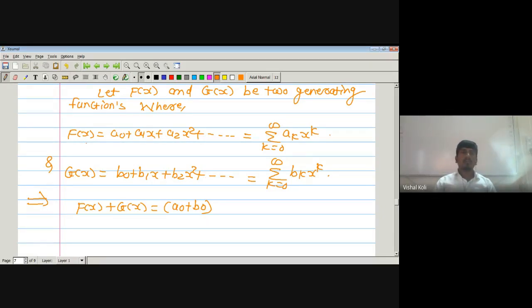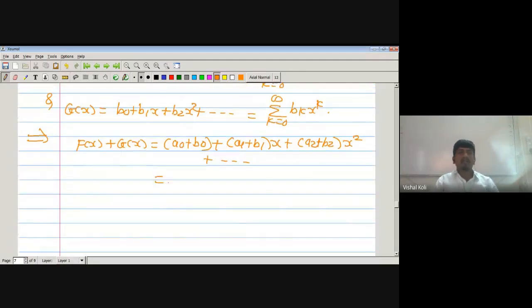Coefficient of x in f(x) will be a1 and the coefficient of x in g(x) will be b1, which is nothing but (a1 plus b1) into x. Similarly (a2 plus b2) into x square plus up to so on. Actually, this one is nothing but summation k running from 0 to infinity (a_k plus b_k) x raised to k. So from this we say that f(x) plus g(x)